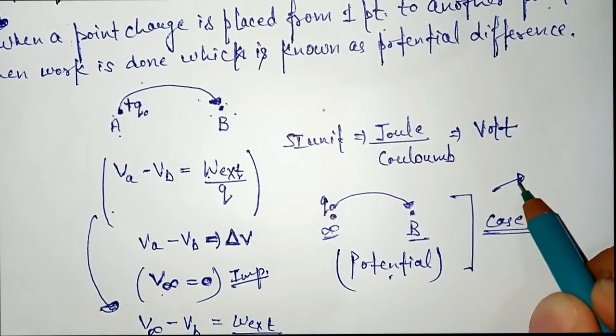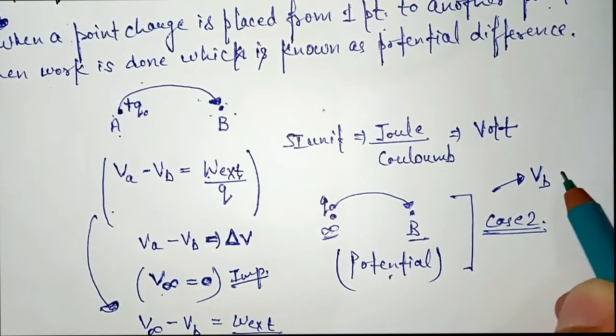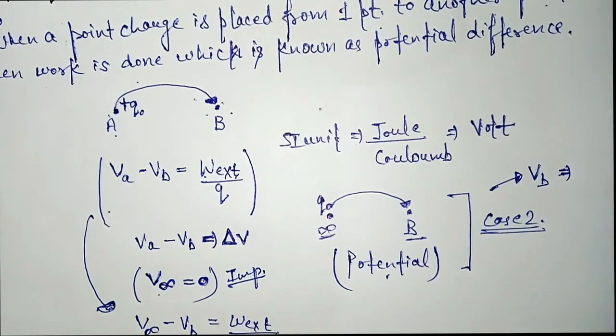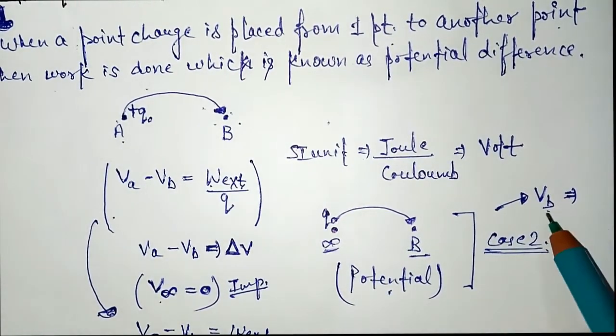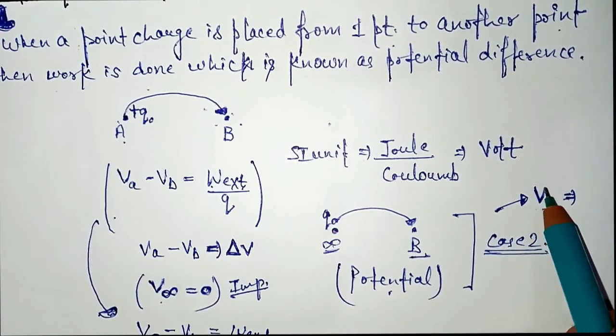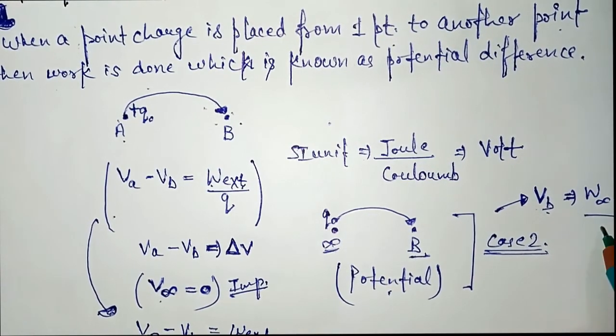Here you can also say V, any point you denote by A, B, C, whichever you want to use, you can write here A, B, C. I take my point as B, so I write VB is equal to W from infinity to some point, here point B, by